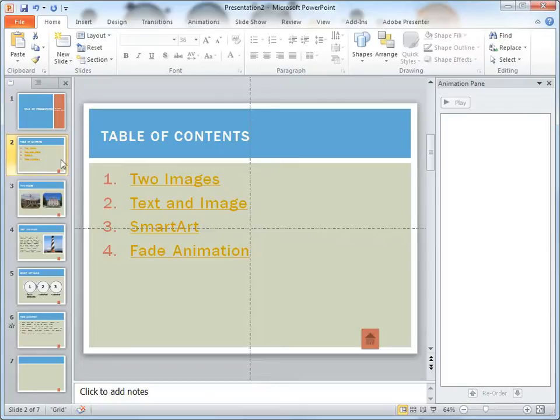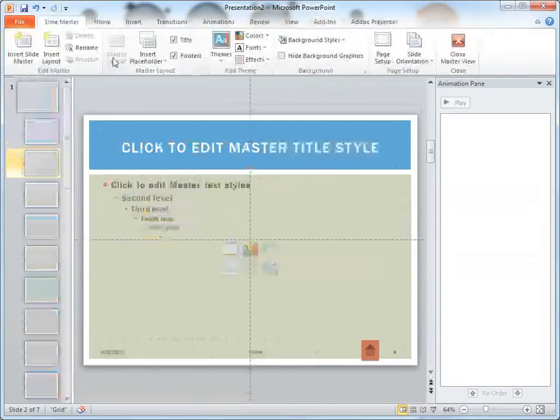But one of the things that we now see is that this layout actually has this graphic on it that we don't want. To fix that, we either need to change the layout that we're using for this particular slide, or we need to change the way we added this. So what we can do is go back into the Slide Master,